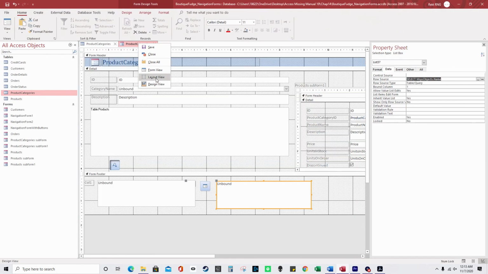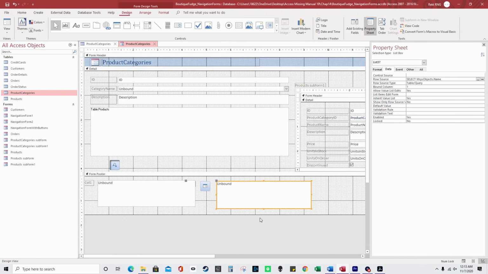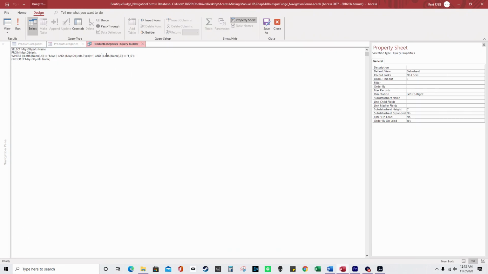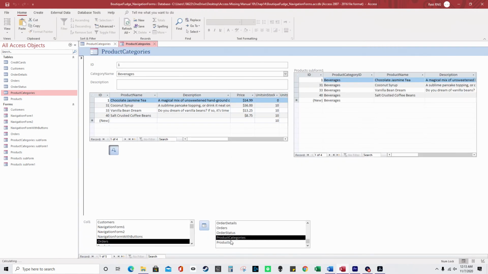And then I'm going to go to form view, so now it has all of the tables. See how it has F_CE. So I go to design view, and then I could actually edit this, go to SQL view, and I could do it doesn't equal F_C, and I'll go to save, close, form view. So now that's not there, and here are all the table names down here. And